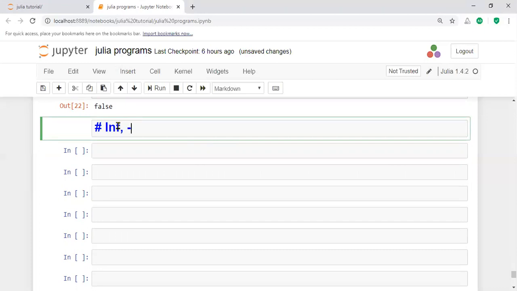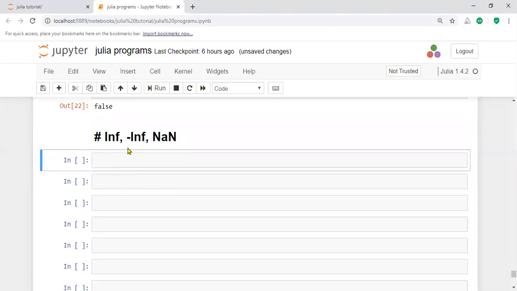And then sometimes minus Inf, the infinite value. For example, sometimes you get 1 by 0. That value is infinity, and 0 by 0 gives NaN, not a number. These are all different functions applicable for the system: infinity, minus infinity, and NaN. How can you apply these functions by using these operators here?